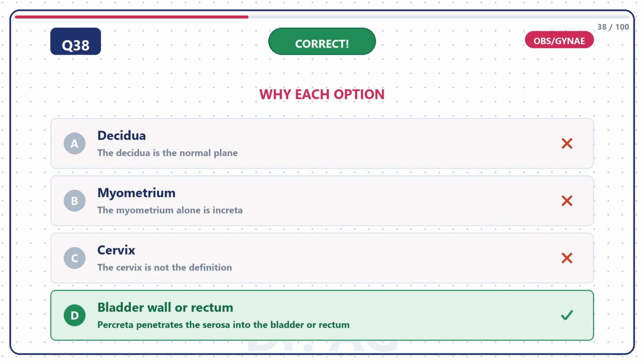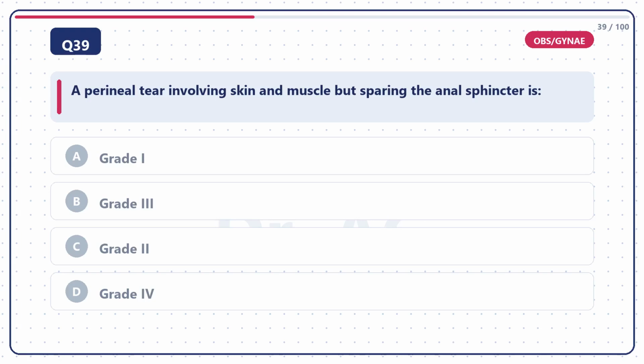Percreta penetrates the serosa into the bladder or rectum. So, the right answer is option D, bladder wall or rectum. Question 39. A perineal tear involving skin and muscle but sparing the anal sphincter is option A,